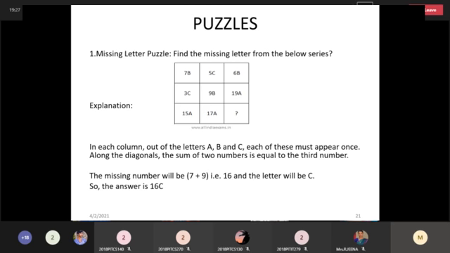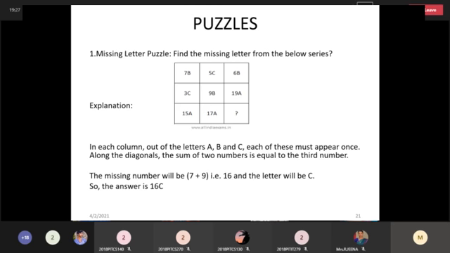Next, the topic we have is puzzles. Puzzles are very easy ones, and they will ask them in GATE questions. We have missing letter puzzles, number puzzles, alphabet puzzles, then the missing one in a given series of numbers, and the missing letter in letter puzzles. So we have different puzzles. Puzzles play a major role, with two or three questions asked in every year's GATE exam. So we'll discuss puzzle questions now.